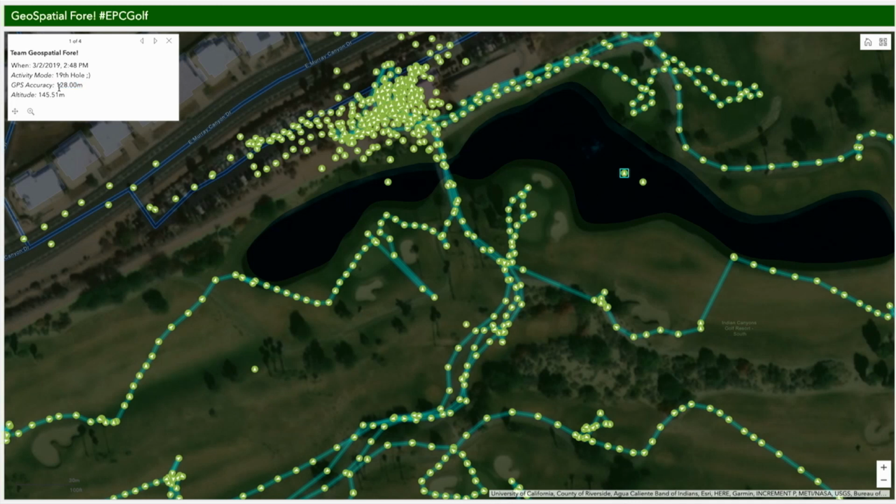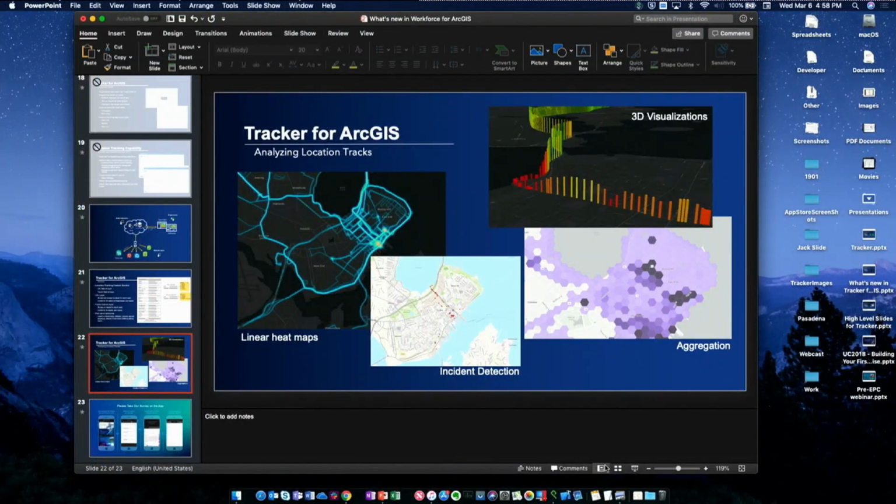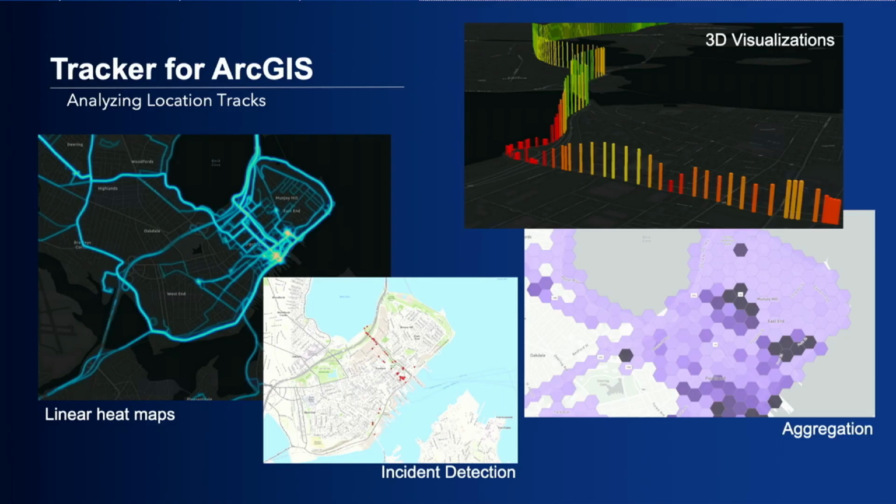I had 128 meter accuracy. It's up to you to filter out that accuracy if you want. But think about that and all the analytics that you could do with those tracks, because the possibilities are really endless, and we're really excited about what you can bring with this data as GIS professionals into your